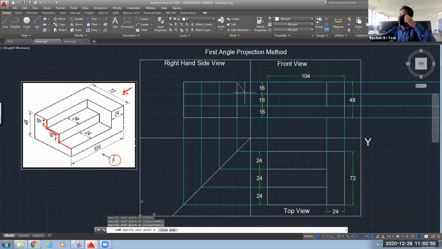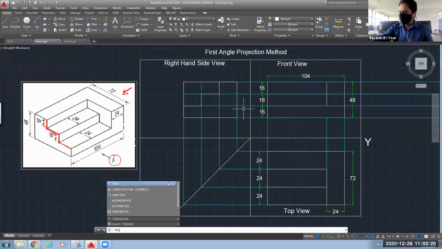After this, there will be steps like this. But they are not visible. They will be hidden, so you have to make them a dashed line. Before making that dashed line, I will cut this extra portion of the projection line.